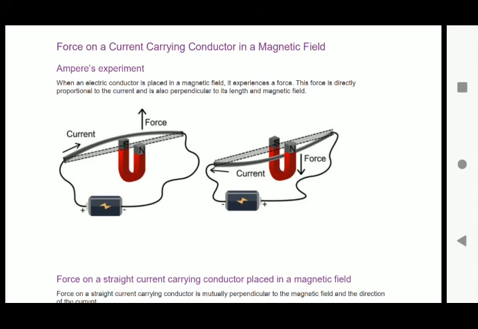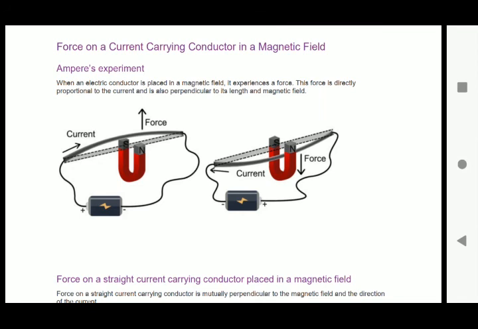Place a strong horseshoe magnet in such a way that the rod lies between the two poles with the magnetic field directed upwards. Horseshoe magnet means it's a U-shaped magnet. At the beginning of the chapter I already explained there are different types of magnets like a bar magnet, horseshoe magnet, etc. Here, horseshoe magnet means it is a U-shaped magnet. One end of the magnet has the north pole and the other end has the south pole.